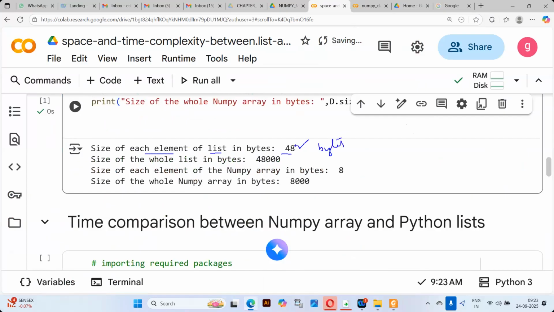occupied for each element. Now, if you multiply 48 into 1000, 48 thousand bytes of memory will be allocated by the list data structure, 48,000 bytes. Now, if we come to NumPy,